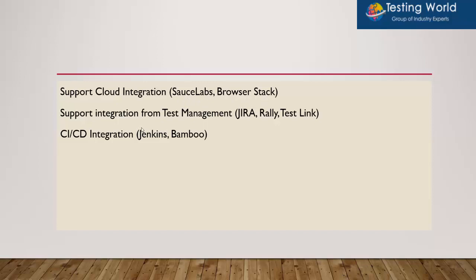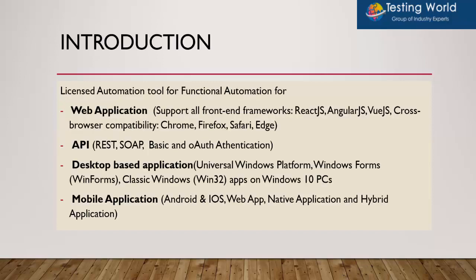It also gives support for test management by using different other tools. If you have heard about Jira, Rally, TestLink and a few others, you can easily integrate Katalon Studio with them and easily do test management. And last but not least, CI/CD integration. We have heard about this word CI/CD, and here Katalon Studio supports almost all common CI/CD tools like Jenkins, Bamboo and many more. Here we have seen Katalon Studio has a lot of advantages compared to many other tools running in the market.